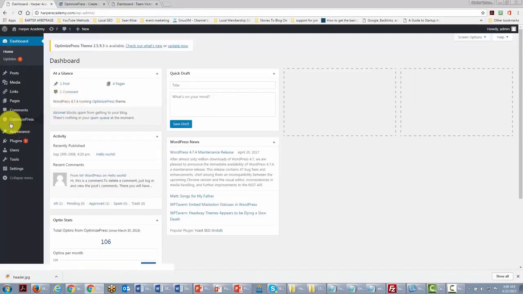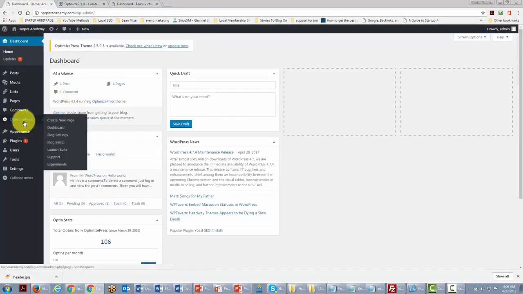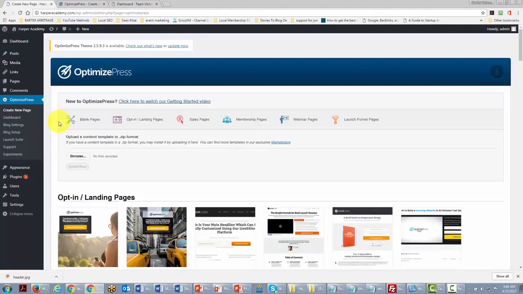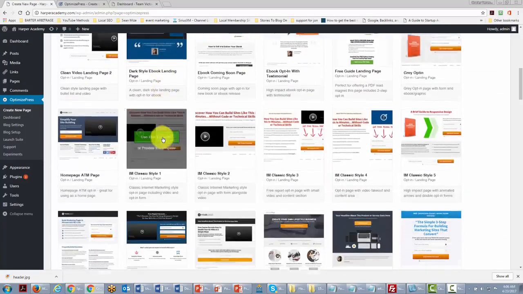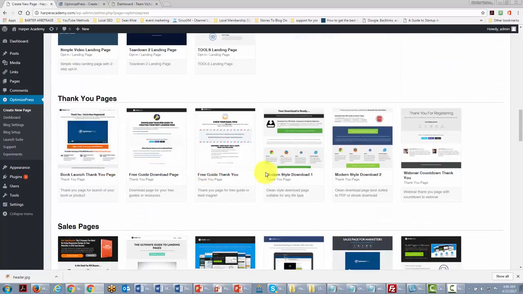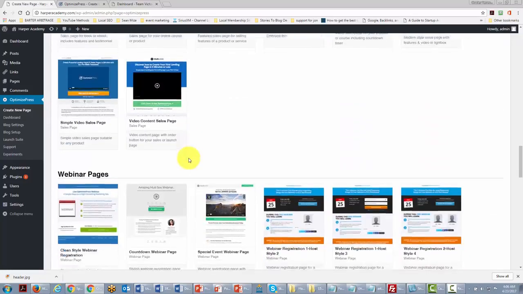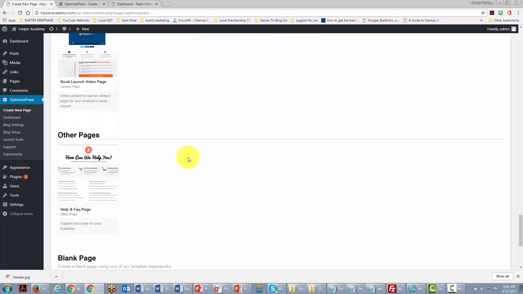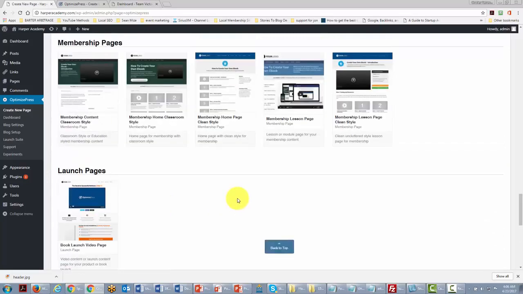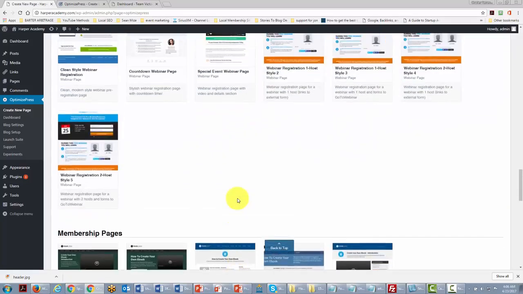Once OptimizePress is installed inside of your WordPress website, you have a separate OptimizePress dashboard, and you start the process by creating a new page. OptimizePress gives you several templates to start with. They give you landing pages, thank you pages, sales pages, webinar pages, membership pages, launch pages, and FAQ pages. And basically, these templates are going to be starter templates that you can use in order to build